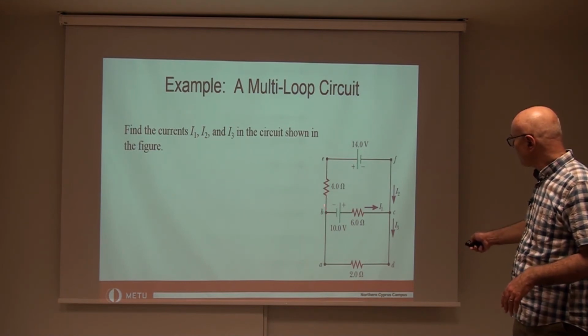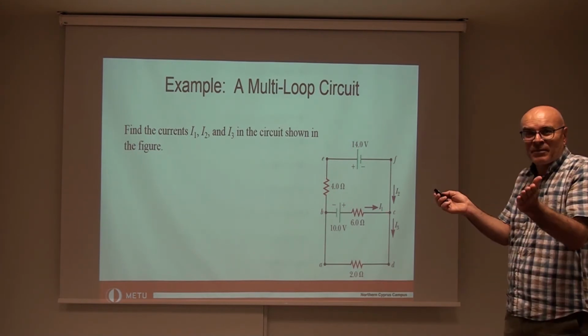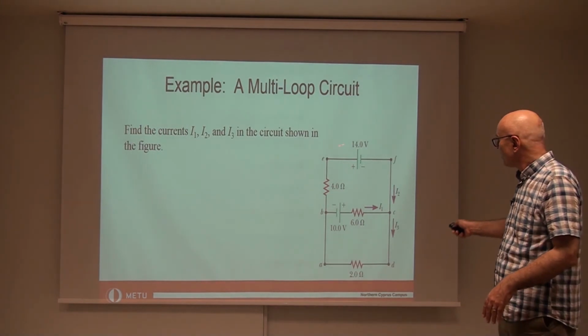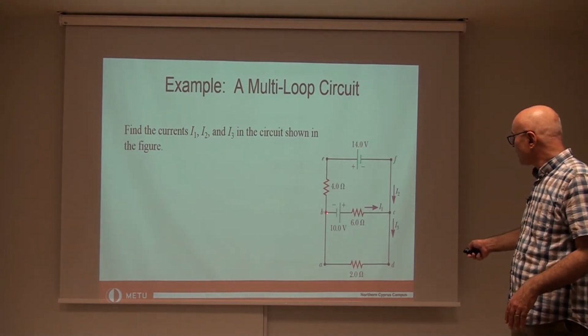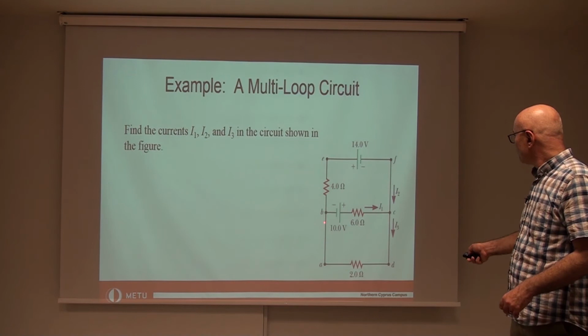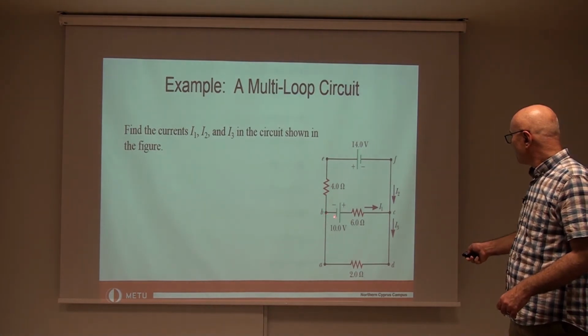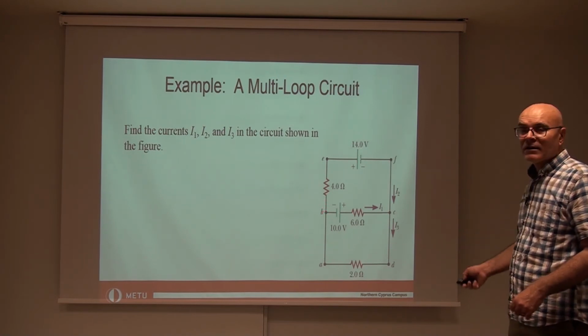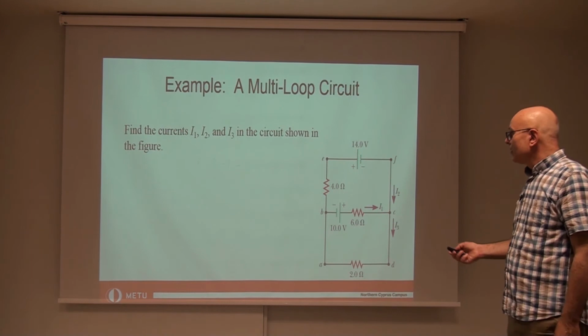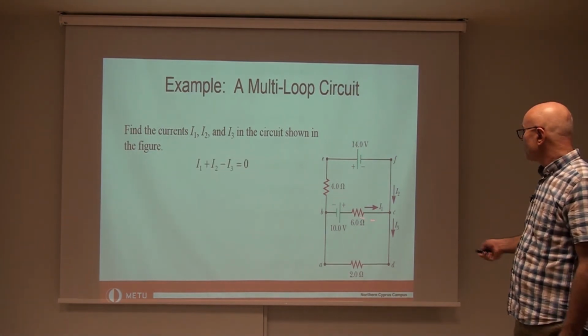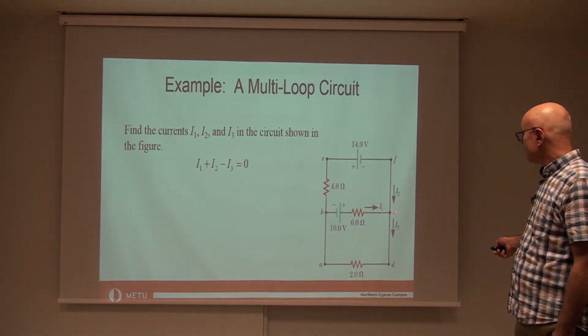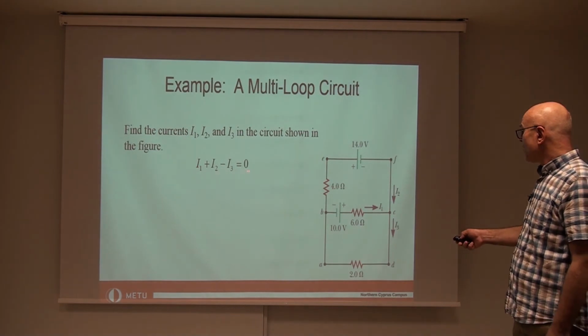Because this I2 is the single current passing through all these circuit elements, it doesn't branch to anything else, so it should be I2. So here also, at this branch, you have I2 and I3 coming in, I1 coming out, and I2 going out again. So you apply this junction rule here at C, which is I1 plus I2 minus I3